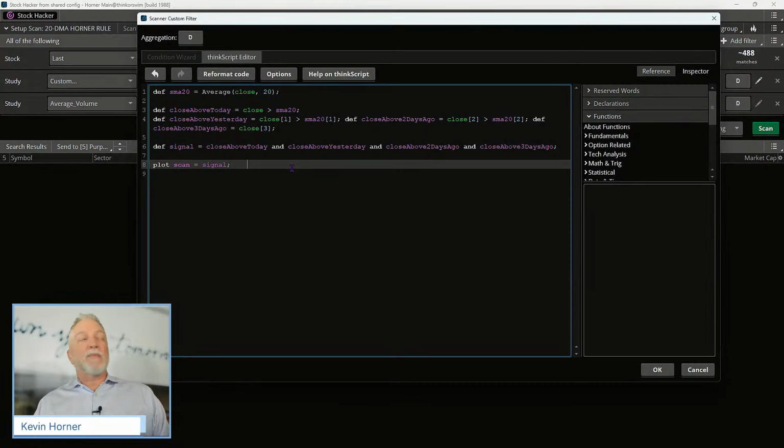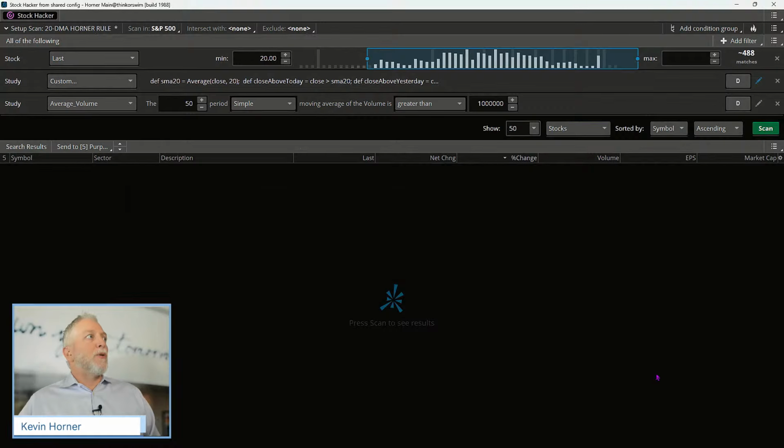All I did was tell the platform that I wanted to add a third consecutive day for closes above my 20-day moving average. I hope it was evident that we could add a day 4 or day 5 if we were looking for such confirmation. So now it's set for essentially today and 3 additional days back after having traded through the 20-day moving average. Let's go ahead and run the scan.